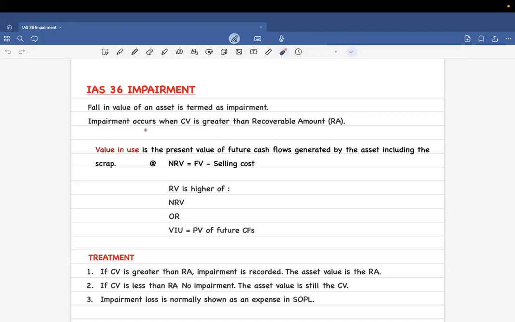In this case, we are going to have to record impairment. Now, how do I know that the asset's value has decreased? You have